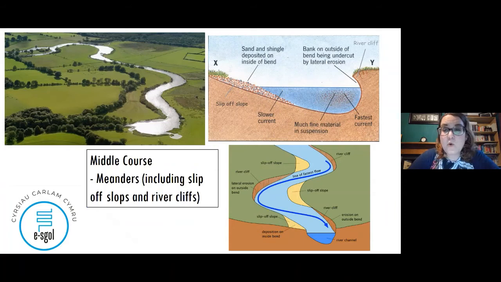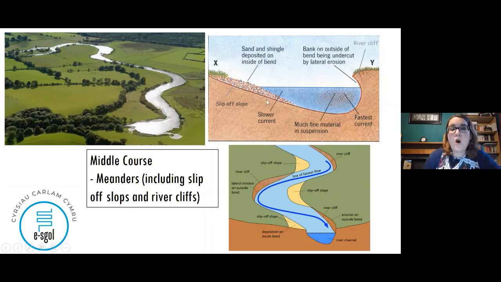As we move to the middle course of the river, we start to see meanders, including our slip-off slopes and our river cliffs. So as you notice on our diagram here of our river meander, at Y we have a river cliff. Our river cliff is formed because the bank on the outside of the bend is being undercut by our lateral erosion. We also find here that we have our fastest current, and that current is helping to erode that river